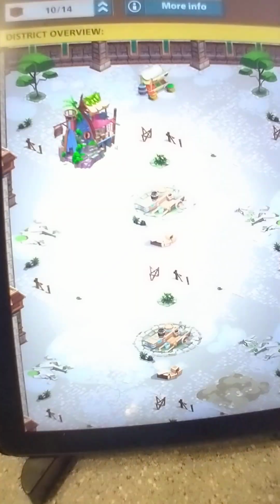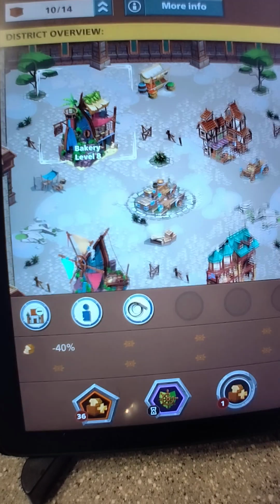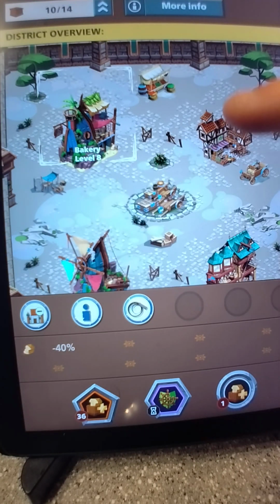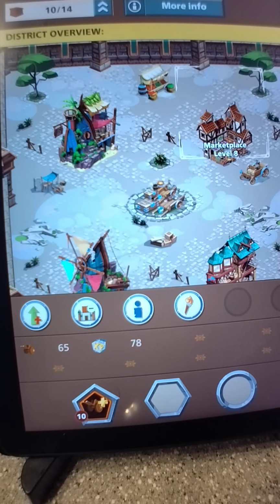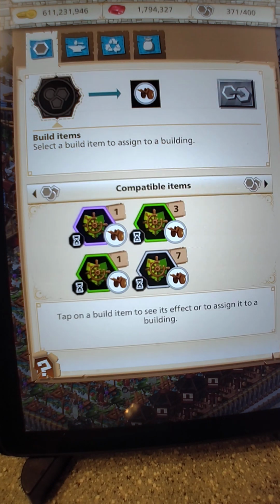Now, let's go to our trade. Now we already got the bakery one, which is extra melee. That's 60. Your marketplace, guys, huge. This gives you extra melee strength. Go down. Now this one,